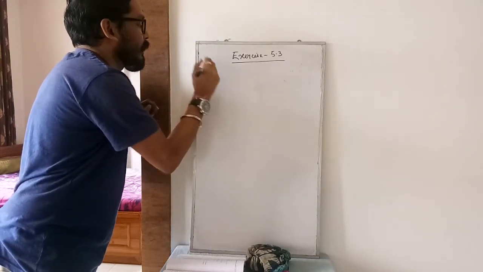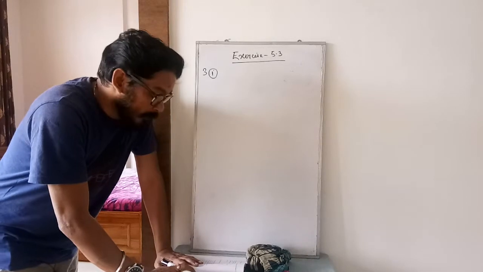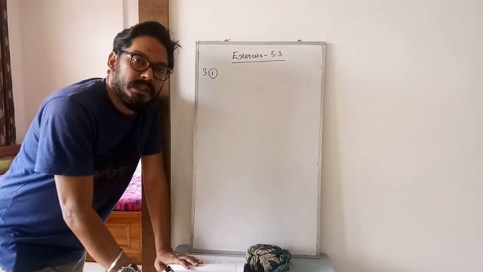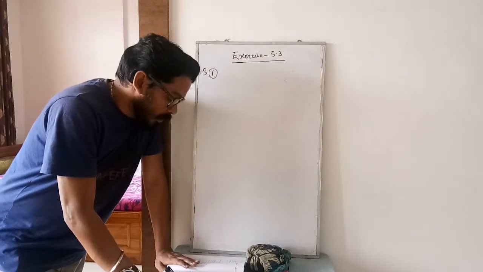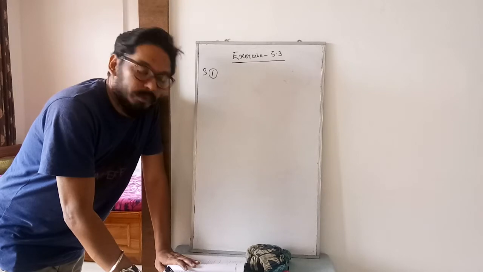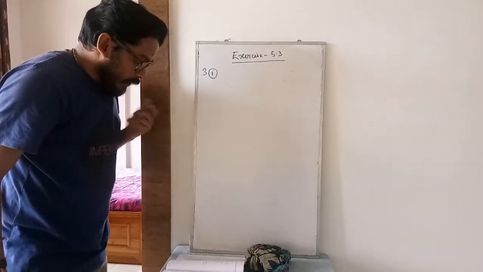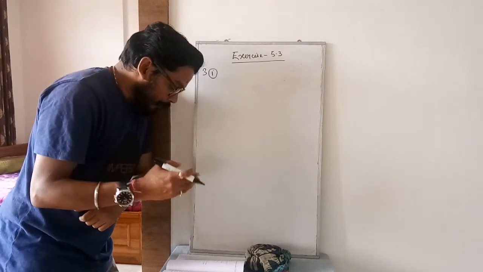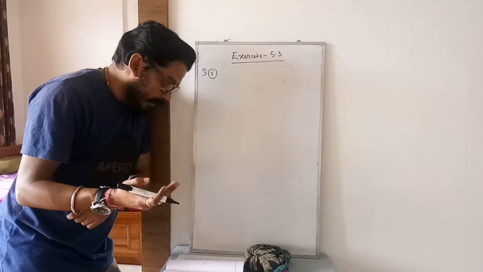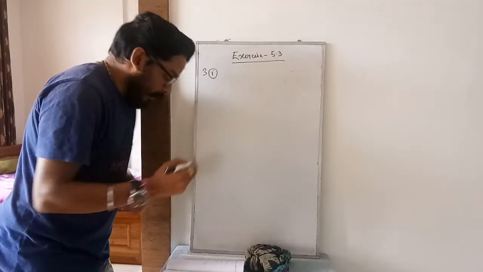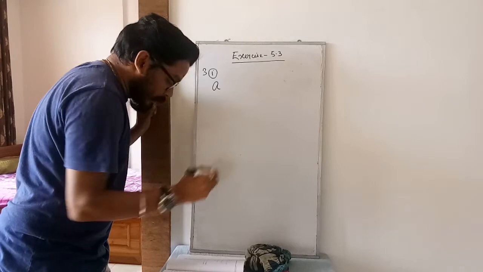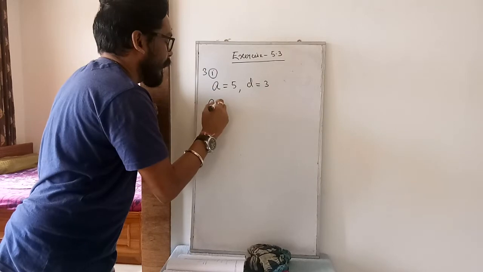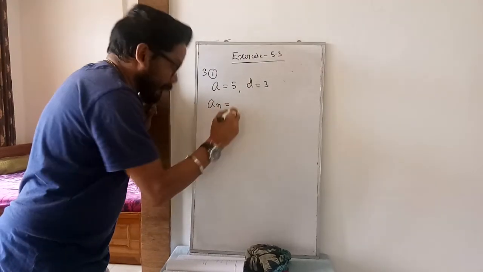So question number 3, if anyone has the concept clear, means after doing these sums your concept is clear, then the rest of the sums of the exercise you can automatically do. So question number 3, you follow it in a proper way. In an AP, in the heading only they have said AP. A is given as 5, d is given, an is given, means the nth term is given. You have to find out n and Sn. So 3 Roman 1, your a is 5, d is 3, and an is 50.